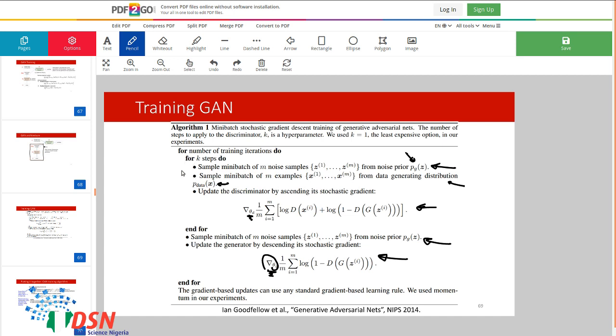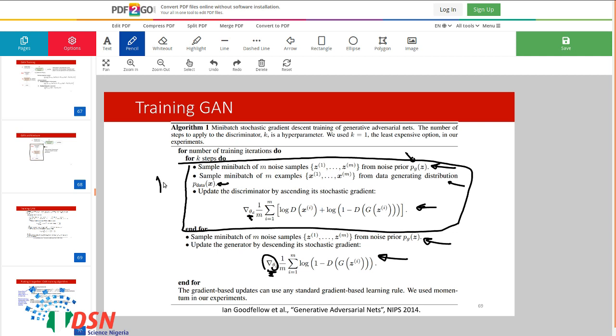Okay, so the k steps means that, as you could see, the update of the discriminator is in another loop for k steps. Actually, one possible approach is that k is equal to 1, meaning that every time we update the discriminator parameters, after that we update the generator parameters.